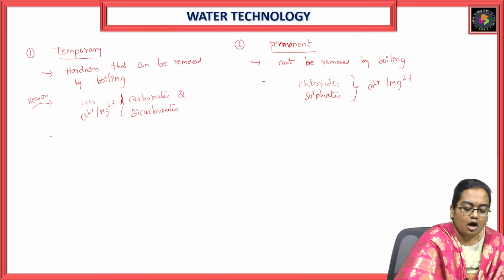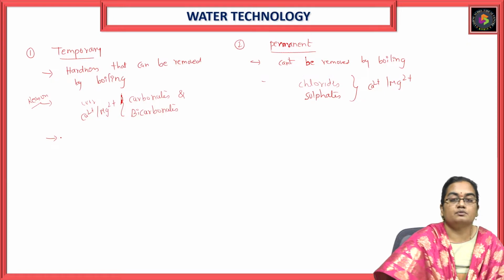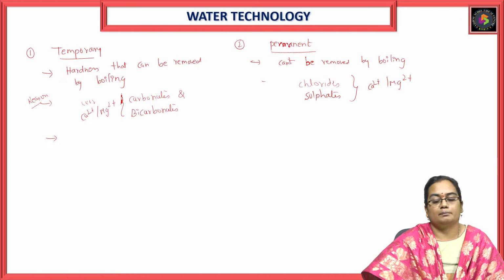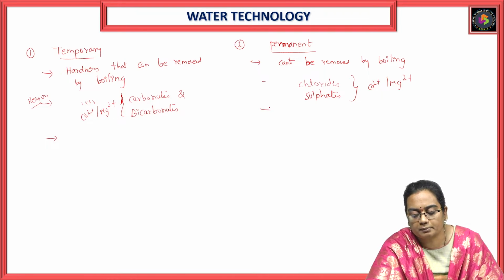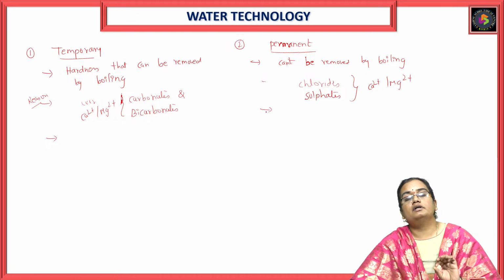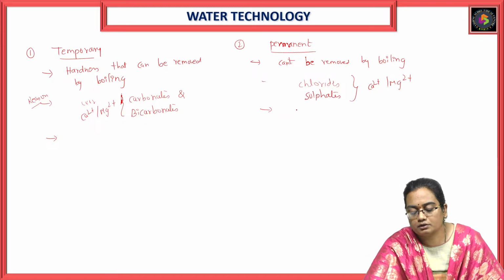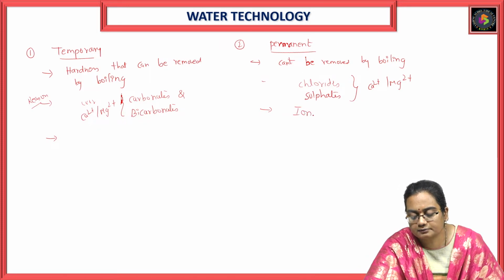Next, how to remove temporary hardness? We discussed that. Temporary hardness can be removed by boiling. Then how to remove permanent hardness? Permanent hardness can be removed by some treatments. What are those means? Ion exchange method,